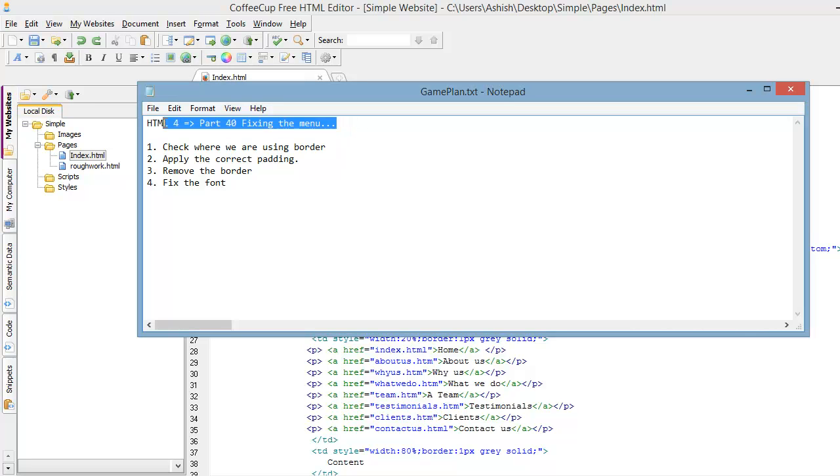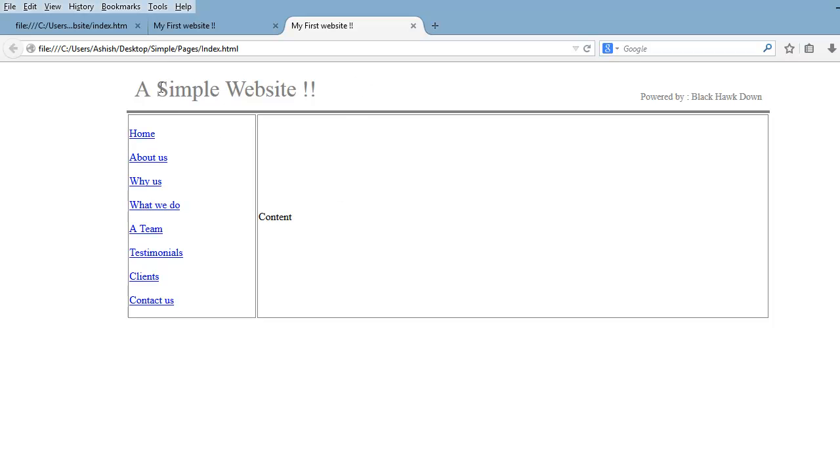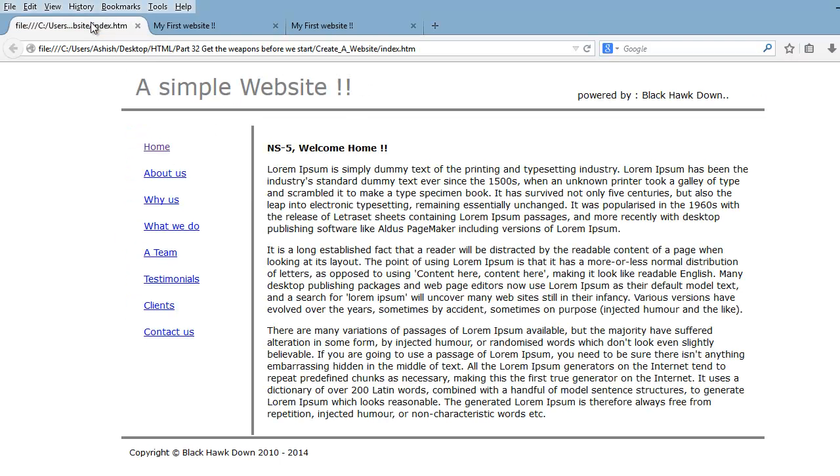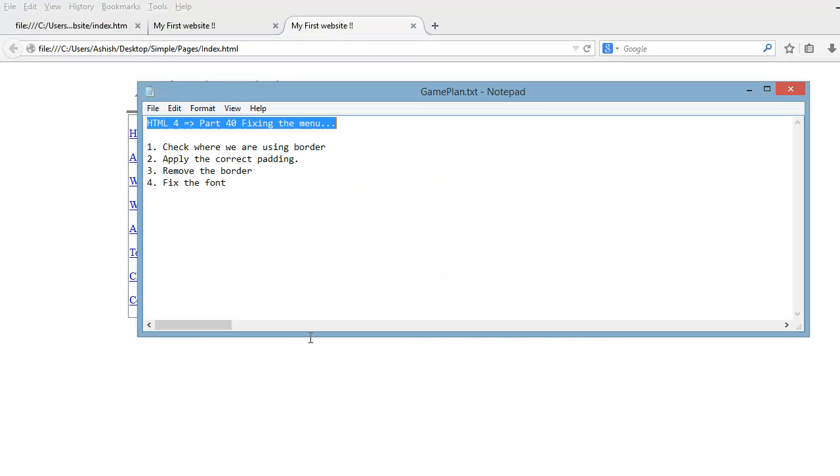Welcome to the HTML4 series, and this is part 40, and we are going to fix the menu in here. What we saw last time was something like this. So we had something, and this is different as compared to our version, so we need to match up. In order to match up, my plan says first we need to check where we are using a